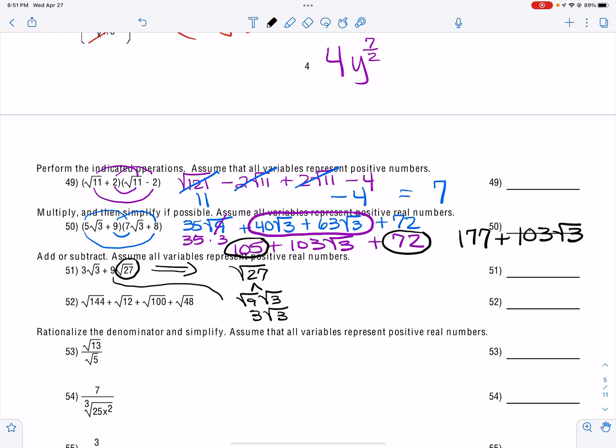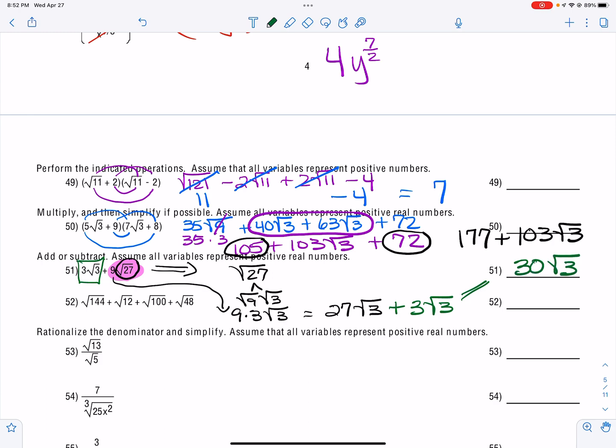But then I have this 9 that's out in front. So that simplifies to 27 radical 3. That takes care of this term right here. And so now I have to add this to this. So that becomes 3 radical 3. And so my final answer, this is number 51, 27 plus 3 is 30, and then I just keep the